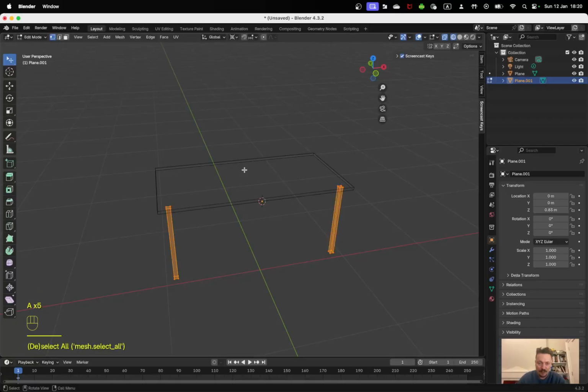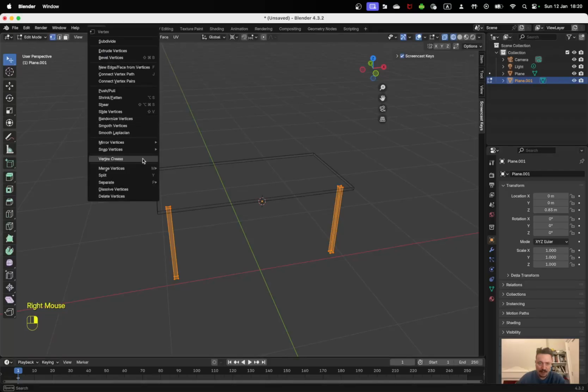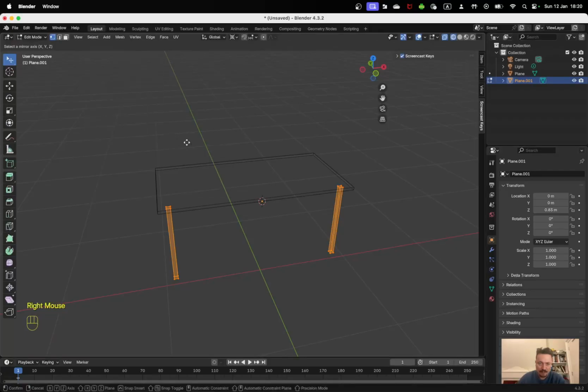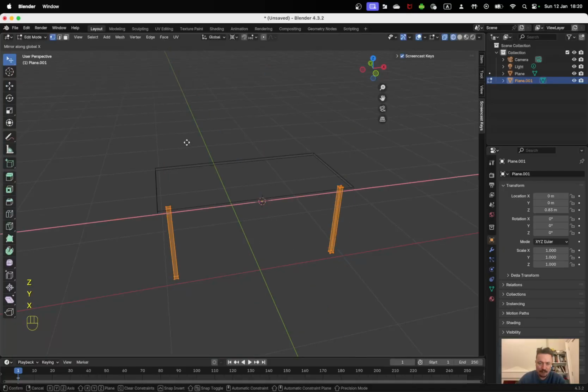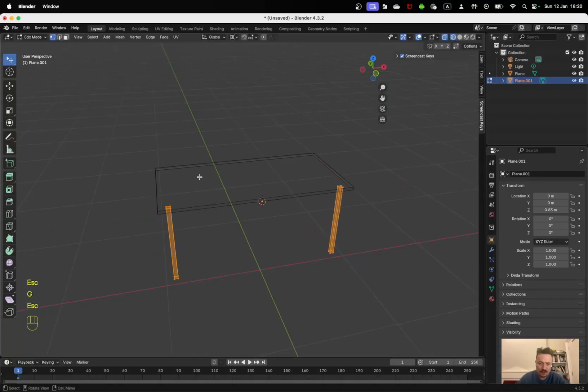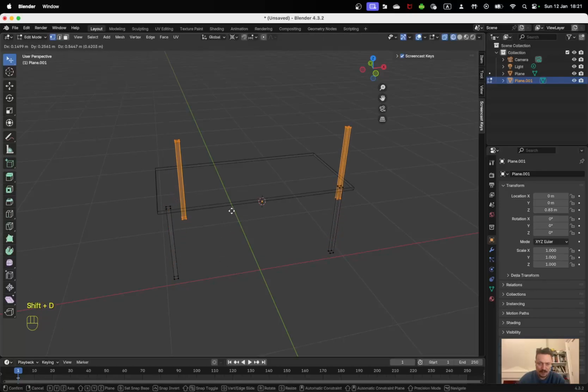Select all again with A, double A, and then interactive mirror again. And then try the... no, I should actually double them first. So Shift D,